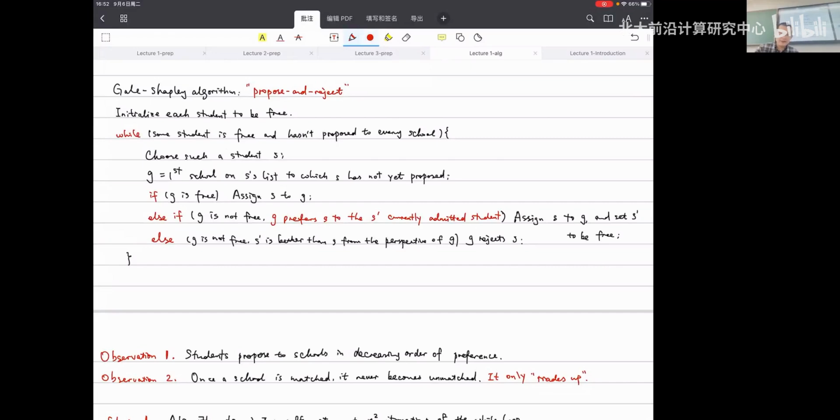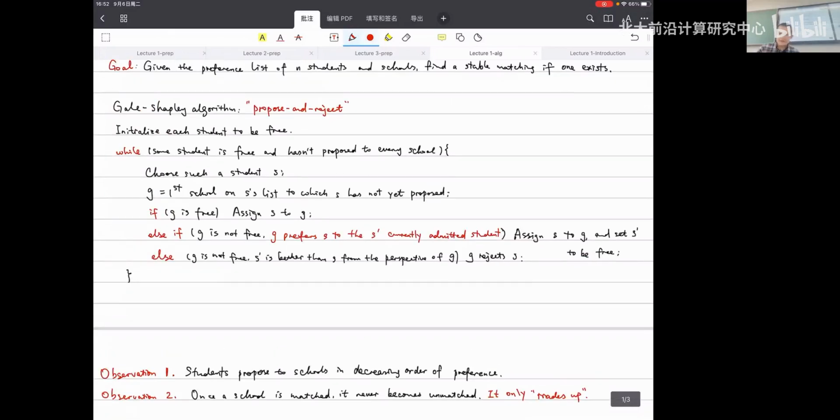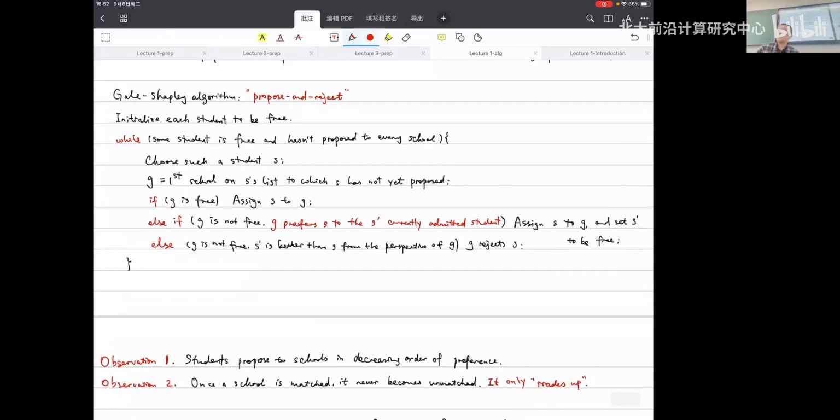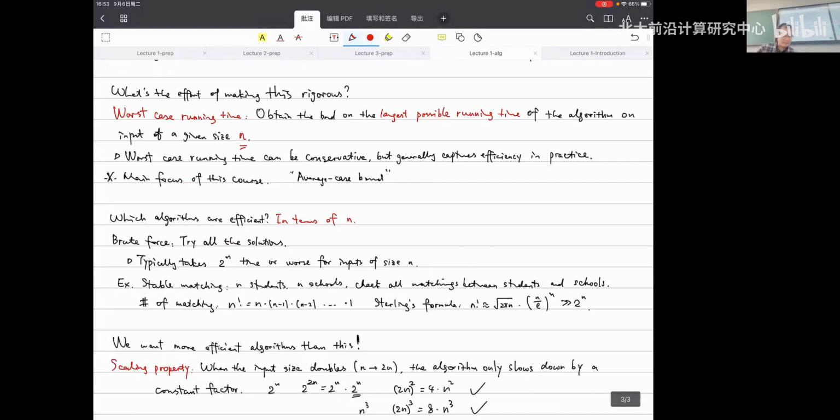But there are good data structures for the Gale-Shapley algorithm that can make the program run basically in n squared time. This is actually in the textbook if you want to look at the details. The main reason I bring in this stable matching problem is to showcase the style of the class: we talk about a model, a problem, and basically want to give efficient algorithms. Thanks to the students for raising this. The running time of this very naive version of the Gale-Shapley algorithm is not exactly n squared, but it can be made n squared time. This is more advanced than what we need in this class, and if you're interested, you can check the textbook.